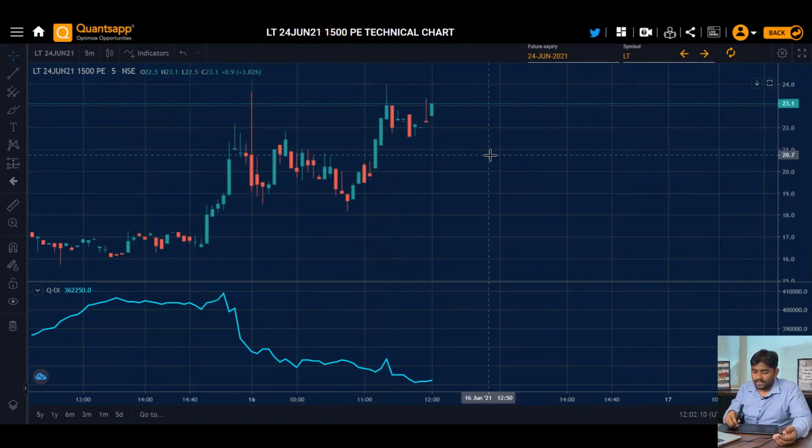So what we need to see generally here is that the concept behind is always try to see some kind of stocks which are trading near to its strike price. Okay, and probably there is a shedding in the OI. So what happens when there is a shedding in the OI? That means there is a kind of panic in the market. So when that happens, a lot of people are trying to exit from the market. When they're exiting, that's why this price jumps.